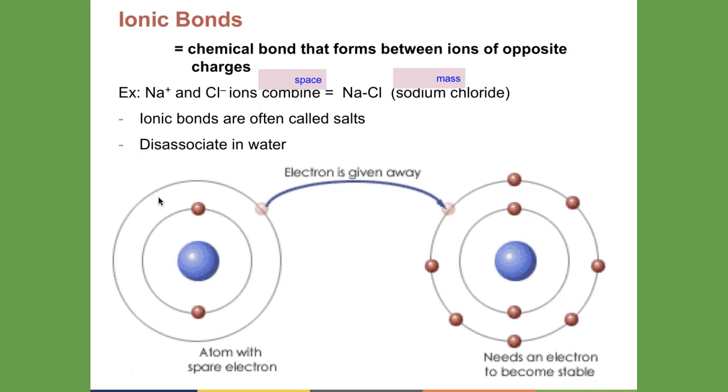Another thing you're going to want to identify is that not only are they becoming ions, this is also known as an ionic bond. Like I said, an electron is being given away, and one is accepting an electron. It's not only forming ions, they're also forming an ionic bond, just because one is giving and one is gaining an electron. So it's just a different way of viewing it.